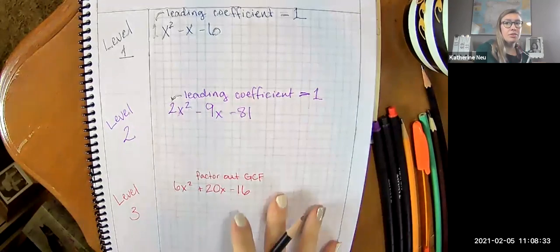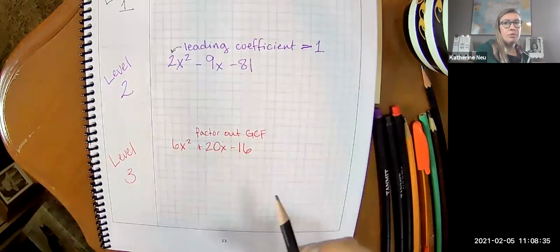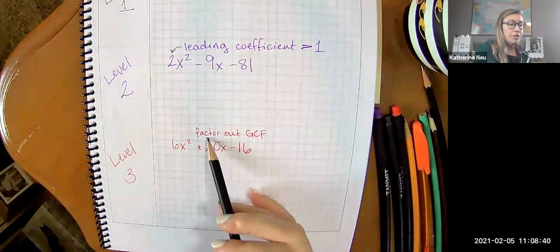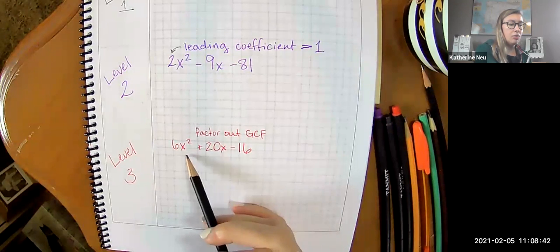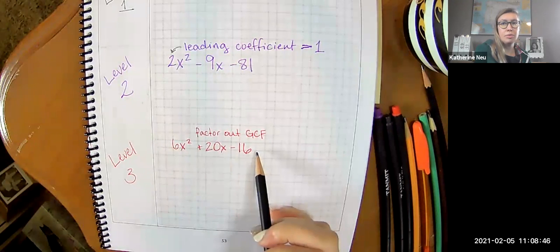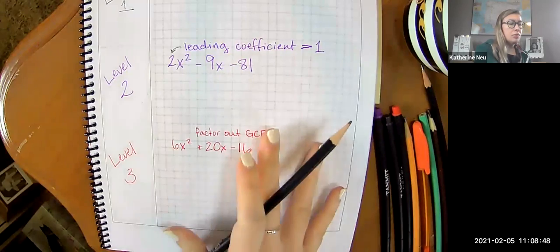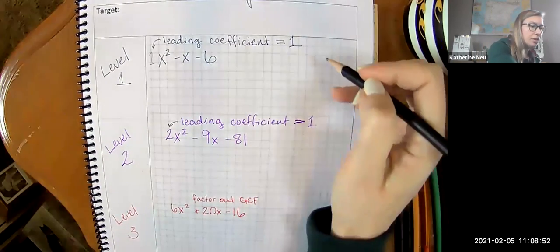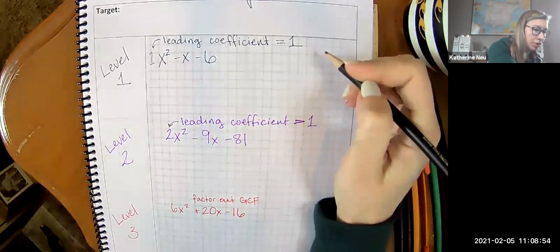And then there's also the level 3, where if you recognize this, it's going to make it a lot easier for you, where you can factor out a greatest common factor between all 3 of these terms and make the numbers a little bit smaller. So let's just start with level 1 really quick. This is a classic diamond problem